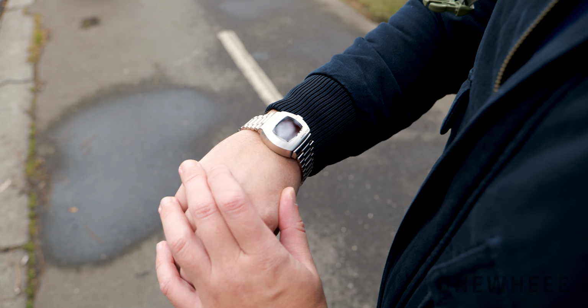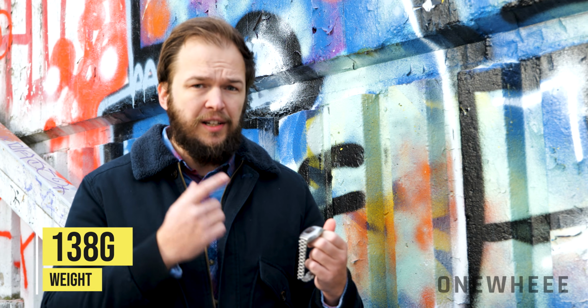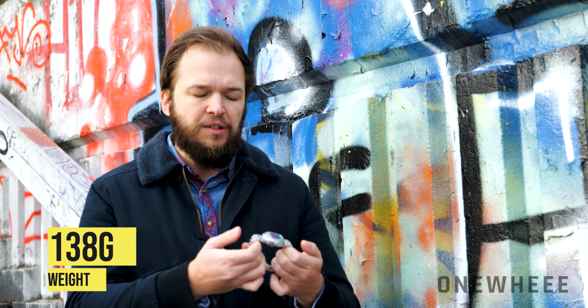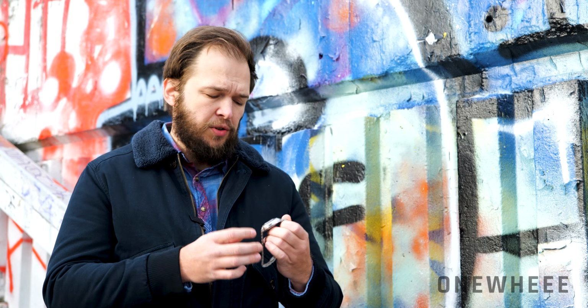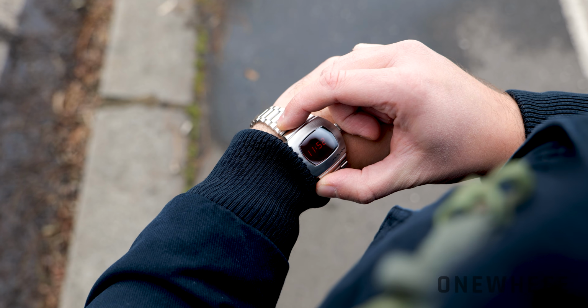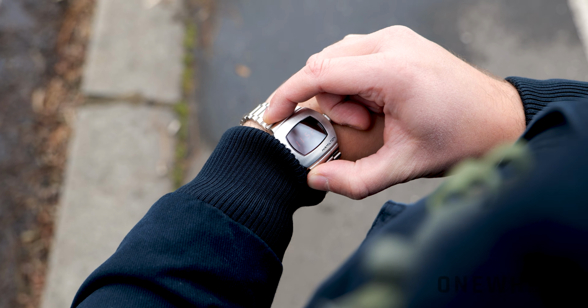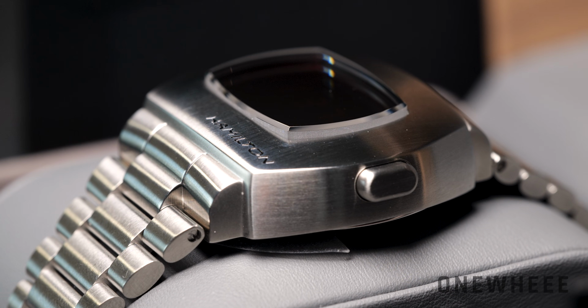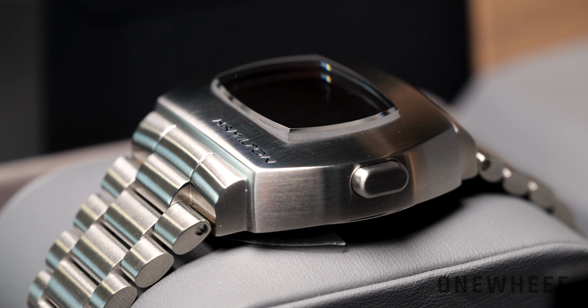It feels quite compact, and the weight is also quite hefty, 138 grams, but I think here it is quite an advantage because you actually get a feeling of the real thing. So this is what differs it from the typical digital watches, for example from Casio. So the whole case is finished in this brushed polished finish, so it's looking quite different from the typical mirror polishing, and I think it's good here because it will be more lasting and it will survive the everyday use. But what I really like is how it suits the overall style, because